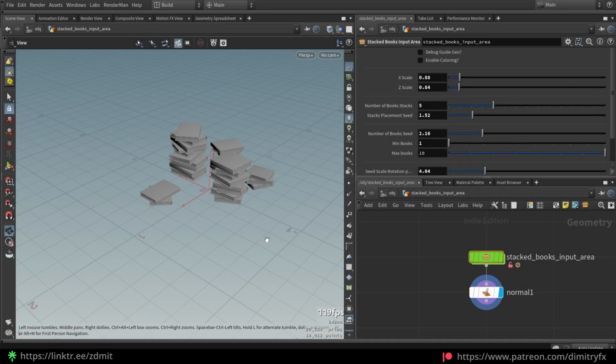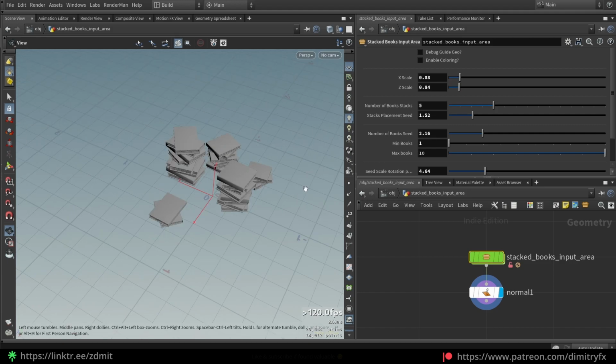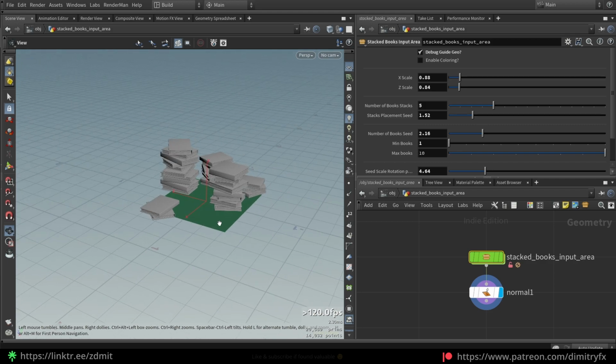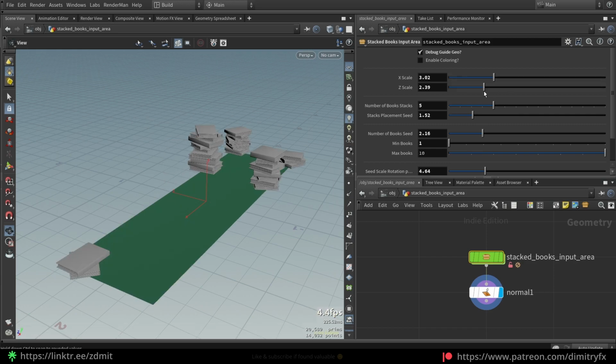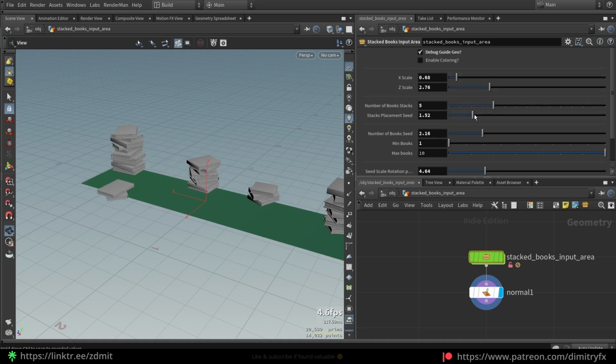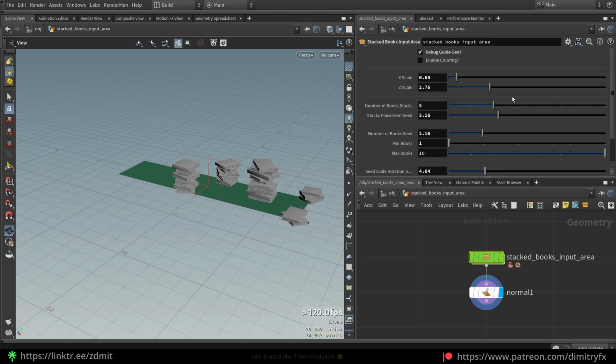Hello guys, in this video I will do a breakdown of how I created this stack books generator, and let me quickly show you what it can do. So I can enable a debug plane where books have been placed onto or spawned from, so I can resize the spawn area where the books will be placed. I can randomize their placement